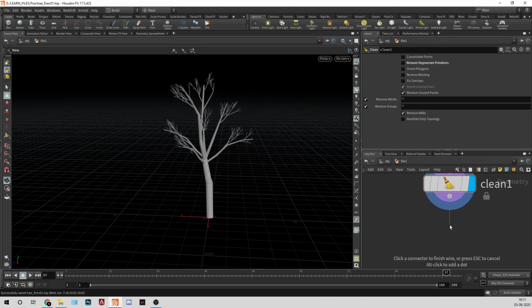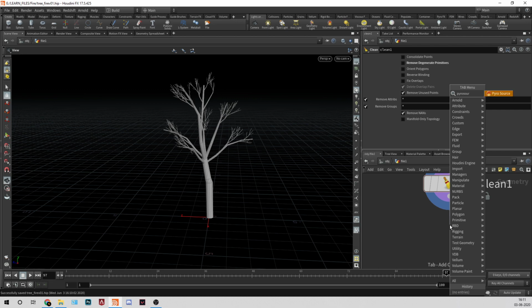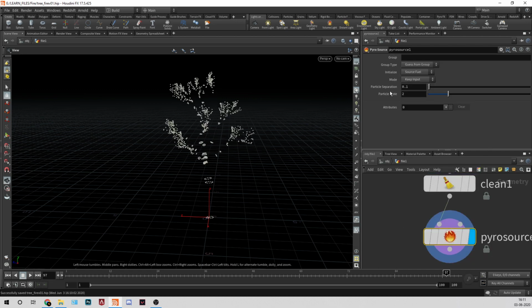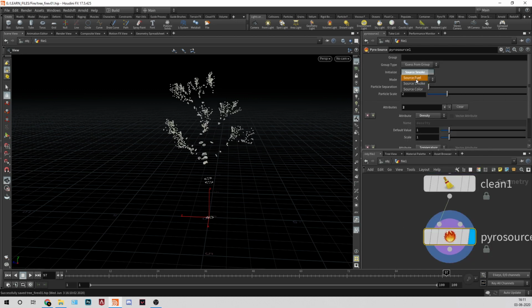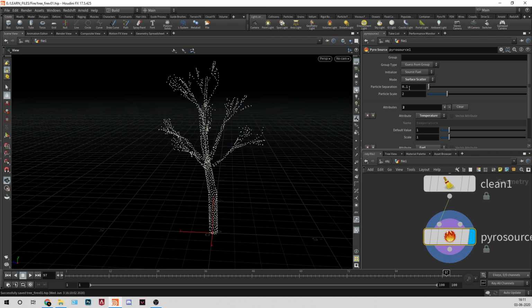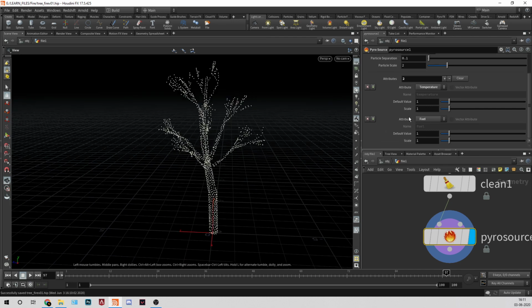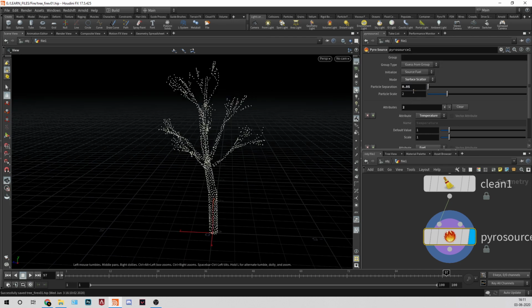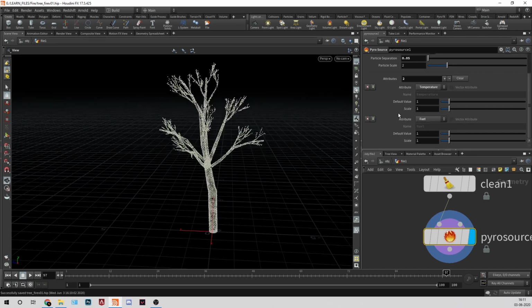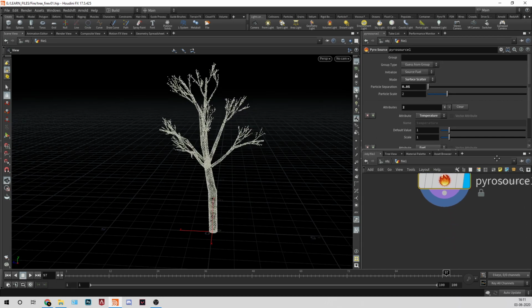Now we'll create a pyro source, and for this one again I'll change it to source fuel. I'll remove the density. We'll change it to surface scatter. 0.1 is okay, or maybe we can go for 0.05. And we have temperature and fuel.